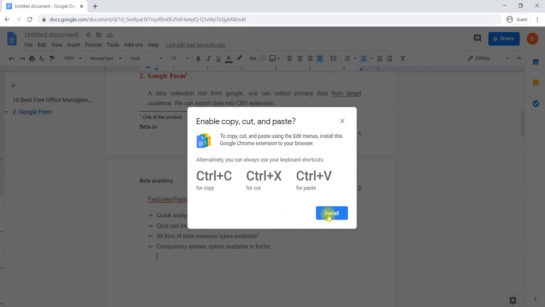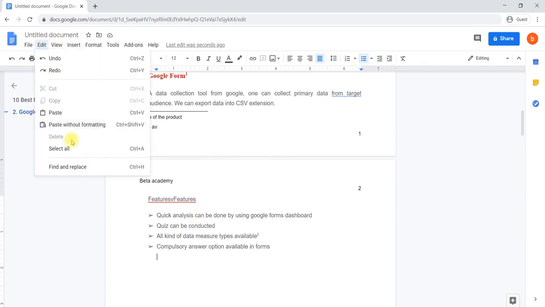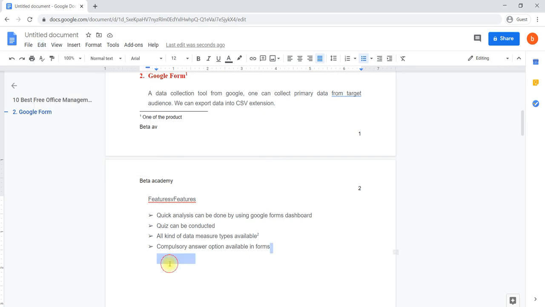The shortcut here is Control Shift V, so that we can paste without formatting the data which has been copied with the format.